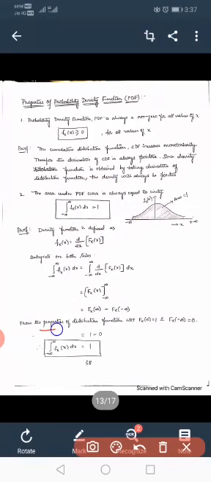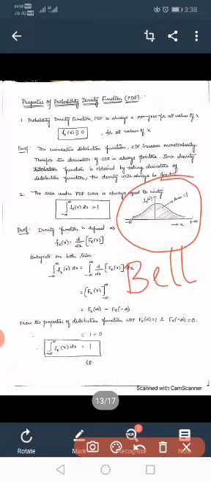According to the properties of the distribution function, we know that for a certain event, the distribution function is equal to 1. Certain event means infinity. For an impossible event, that is for minus infinity, the distribution function is 0. If we substitute these two values here, we get the integral from minus infinity to infinity of the density function equal to 1. Integration means an area. So this is the density function curve. It is a bell-shaped curve, and the area under this bell-shaped curve from minus infinity to plus infinity is always equal to 1.